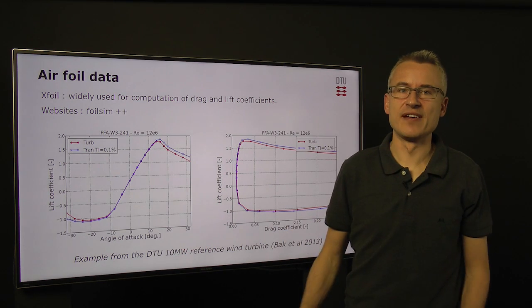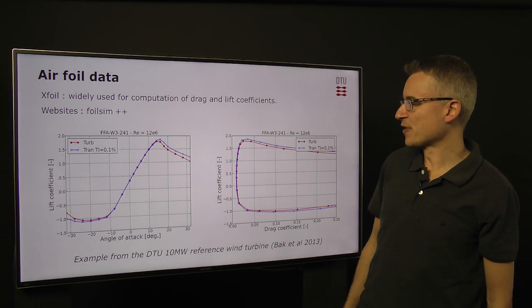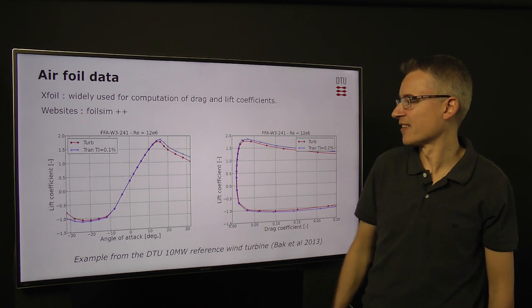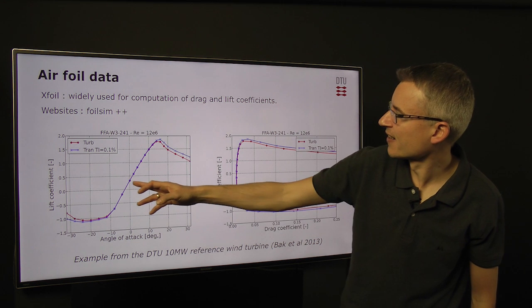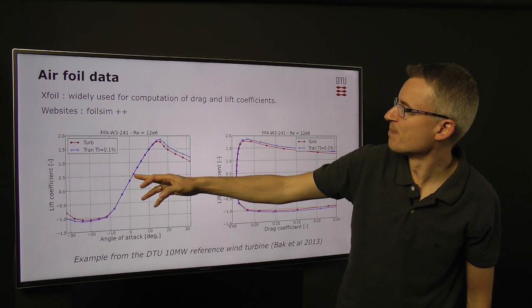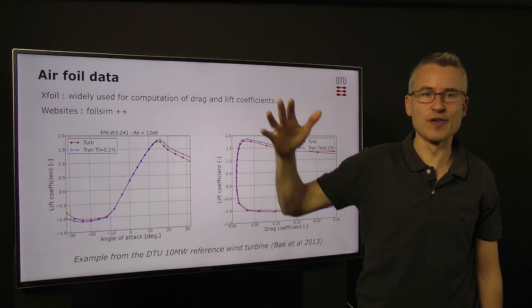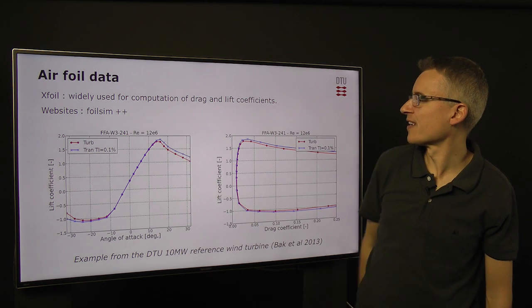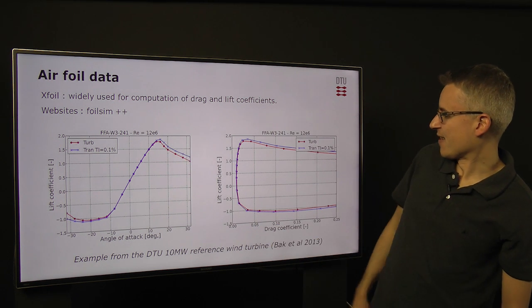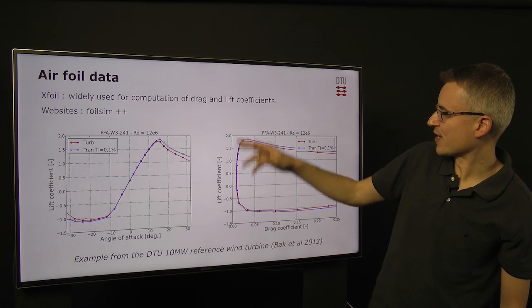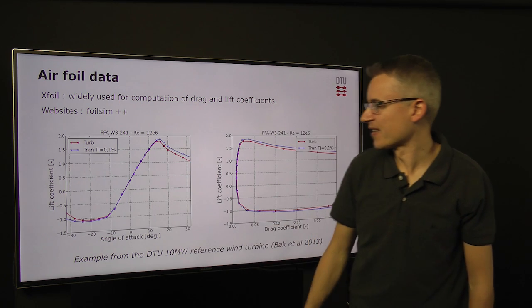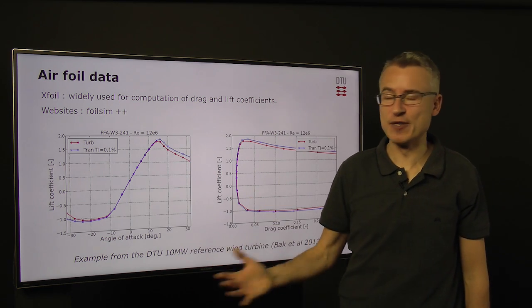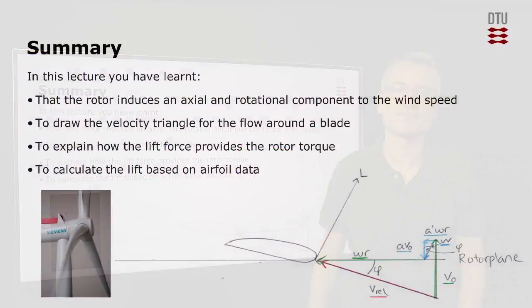How would we know about the CL and CD? We would know that from airfoil data. So here are some examples. This is lift as a function of angle of attack. So here we see that the bigger the angle of attack, the lift goes up, until we get to stall. And there's also a drag and lift coefficient plotted together here for this same airfoil. So data like that are available and can be used for such computations.